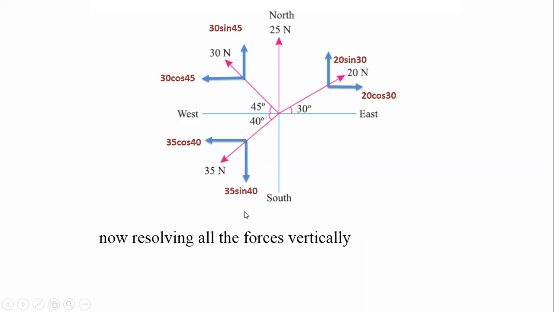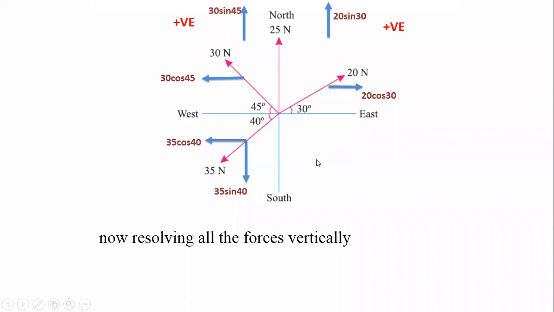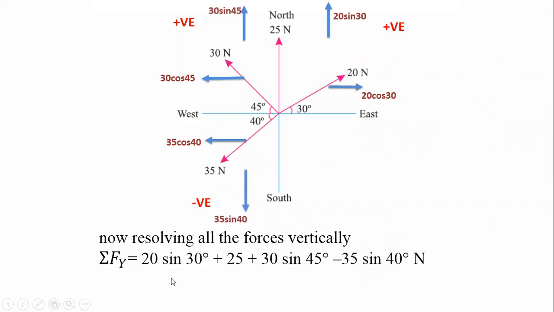Only one force is going vertically downward, and the other three forces are going vertically upward. So if three forces are going vertically upward and one force is going vertically downward, the resultant force will produce the same effect as produced by these three forces. Now let us check it out. This force is going vertically upward, so we take it as positive. This other force is also positive. This force is taken as negative. Okay, let's do this calculation.